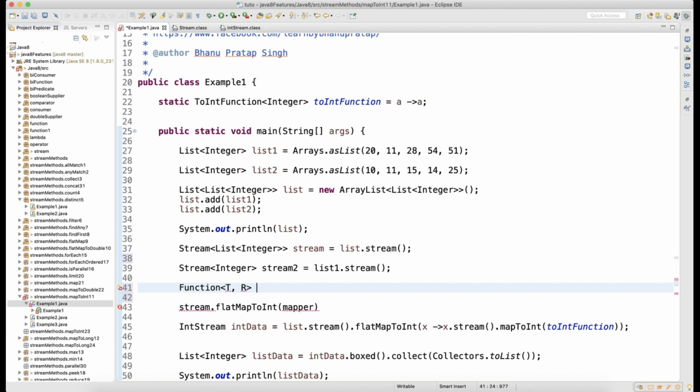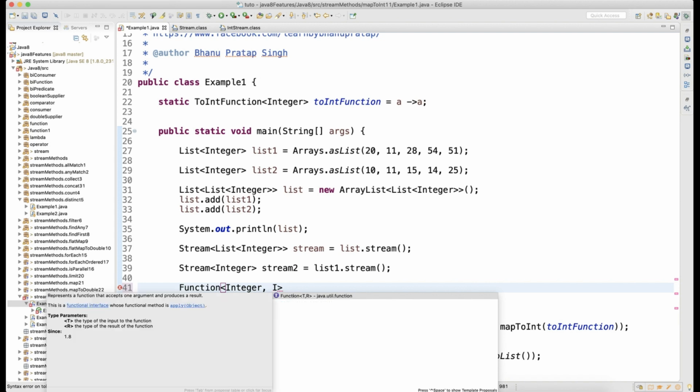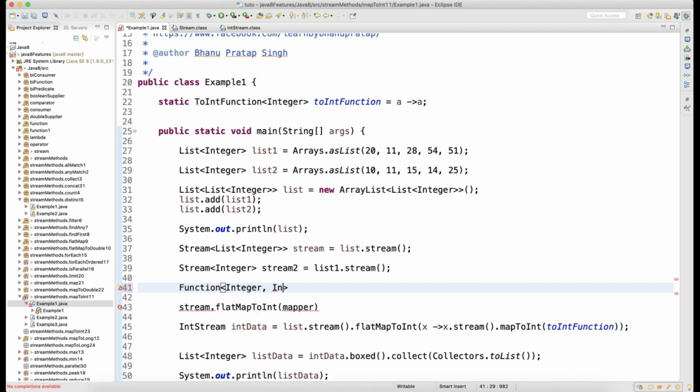So what will a Function do? It will take an Integer, process it, and return the data. So when you write a Function, how do you write it? You write Function of Integer, process the data, and again produce an Integer.